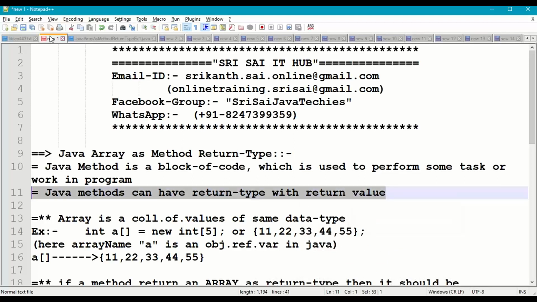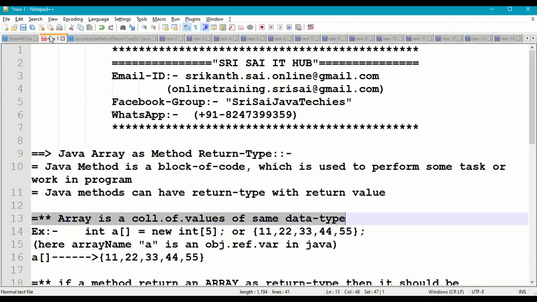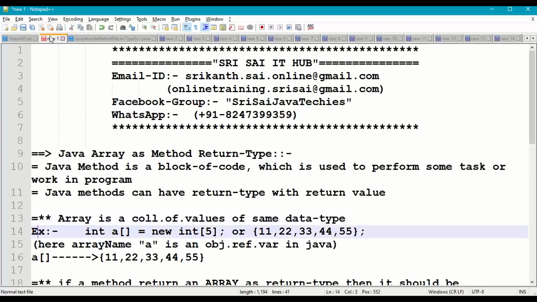Here, array is a collection of values of the same data type in a program. For example, I'm taking integer array a is equal to new int of 5, so the size of array a is 5.